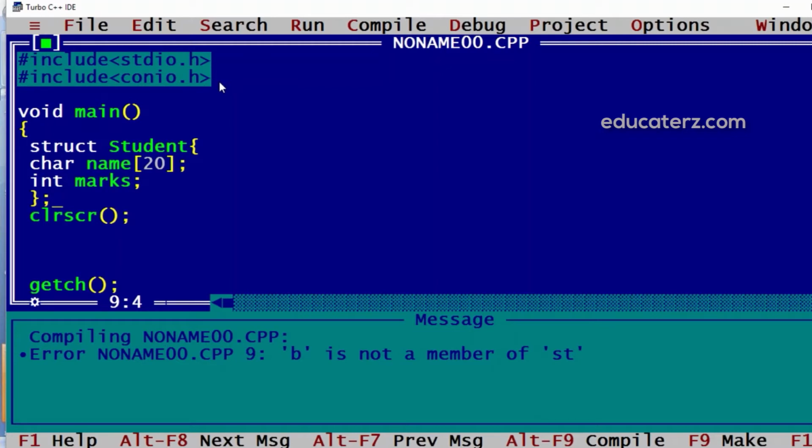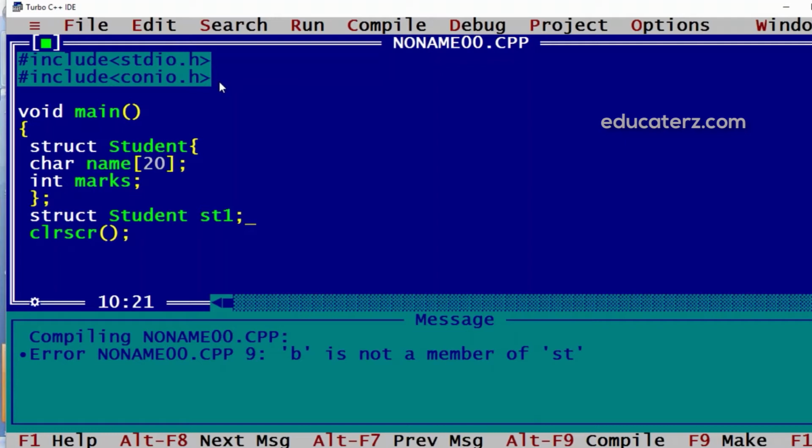After declaration of the structure we can create a variable of that type using struct, the name of the structure, and the variable name. So whenever I create st1, st1 is a variable of type struct student. The way we have integer i, so i is a variable of type integer.